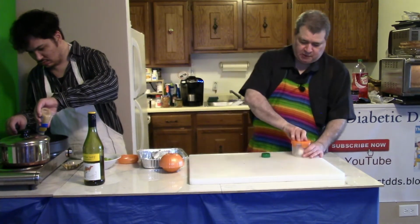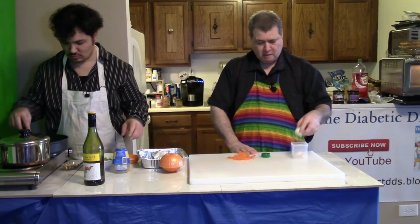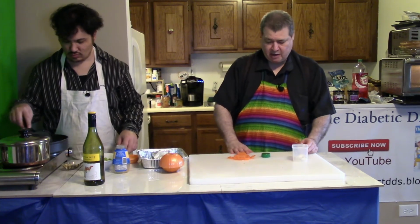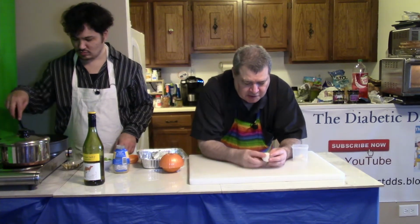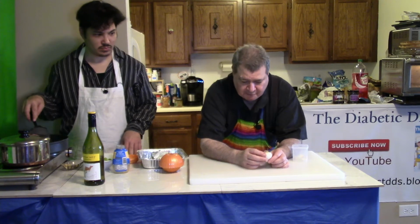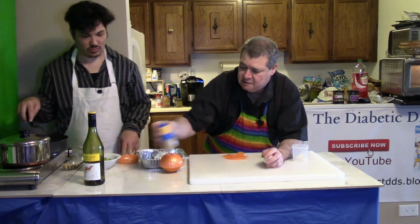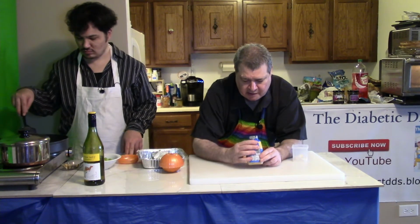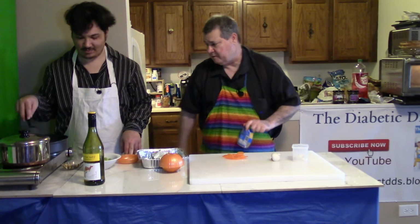Now I'll tell you another little trick about garlic. Since you have a frying pan over there, and it has butter and oil, if you take a whole bulb like this and you just cut off straight across one end, you could set the whole bulb in the frying pan and let it sit there for a few minutes. Yeah. And you make that fried garlic, and it will be great. Basically, that's what this is. This is not raw garlic. This has been cooked, and that's why this is so good. Did you put a good amount in there? Yes, I did. You'll love it. I mean, this is...